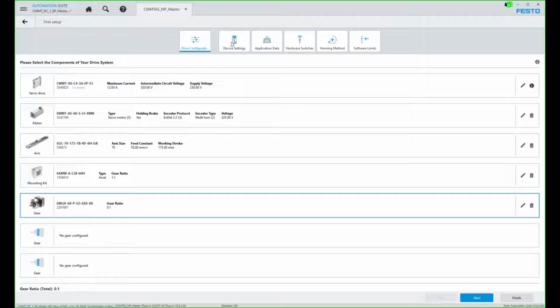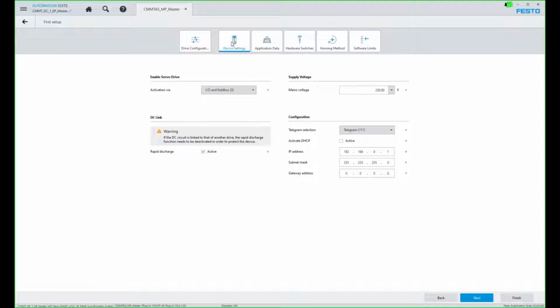We can hit the next button, or we can hit the device settings here. My voltage. Okay, we're going to start just modifying the obvious things here for general setup. So I have 120 volts, and in my case, my IP address I need to match, which I've already provided to the device. I'm going to make sure that Telegram 111 is selected, and I'll leave the defaults for the rest. Hit the next button,